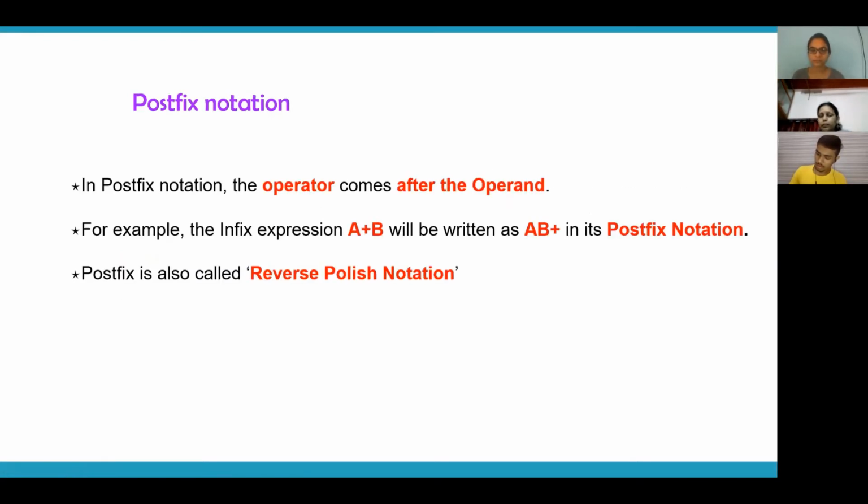Now let's see what is meant by postfix style. Postfix, as the name indicates, your operator will come at the end. So if you want to write a plus b, in postfix notation, it will be written as ab plus. You can see the operator comes at the end. Operands will come first, then the operator. That means the meaning is the same. You want to add a plus b, but you will be writing the operator towards the end. First you will write the operands. This notation is called postfix notation.